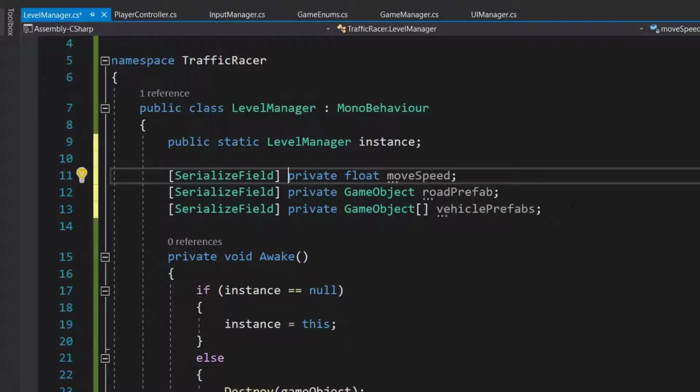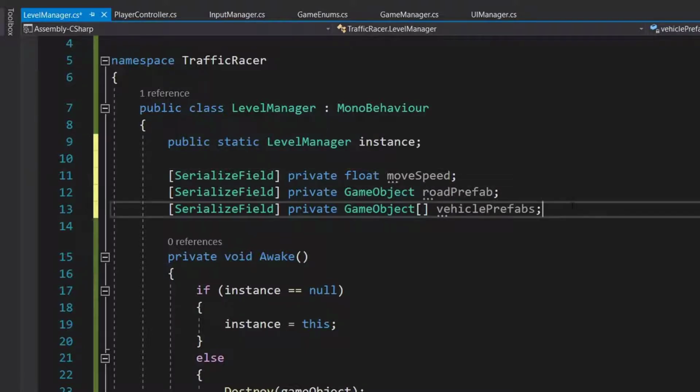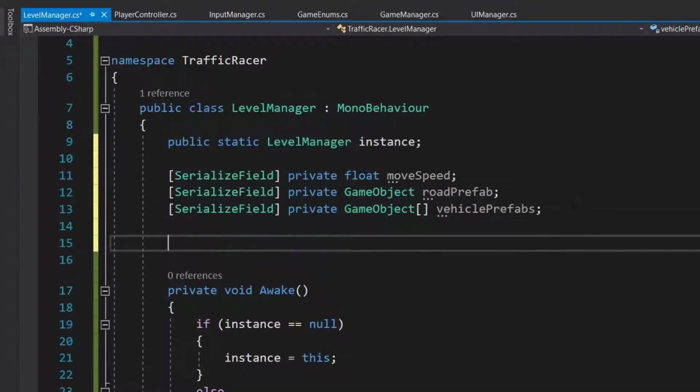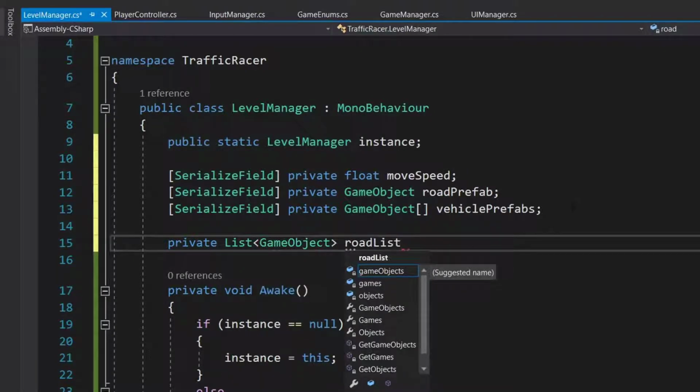We need to store reference to all the road prefabs which are spawned in our game so that we can modify their position when the game is on. For that, we will create a private List of GameObject and we will call it roadList.